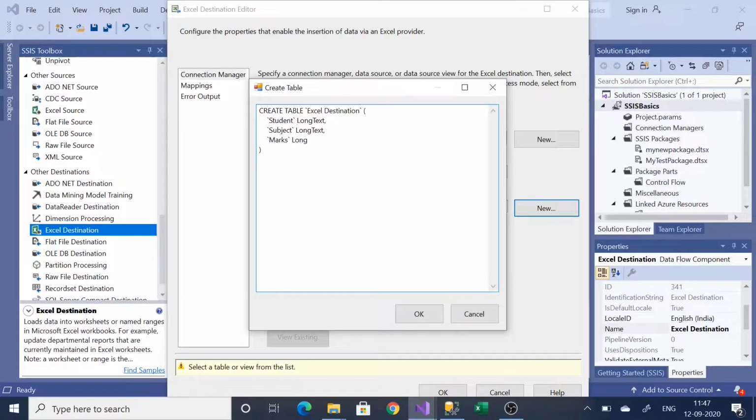So here the student will create it as n char of 50, and subject n where. So these are the Unicode data types. Int, marks is int,